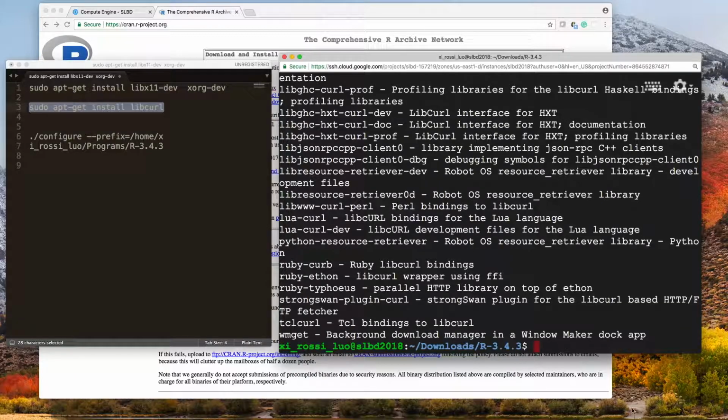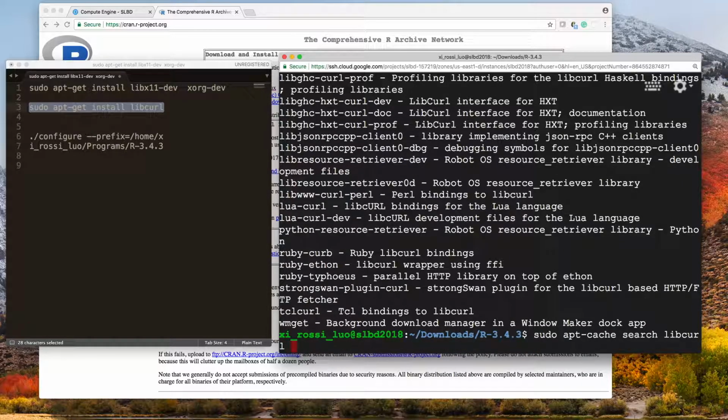Another way, instead of doing this, I can just easily do grep dev,